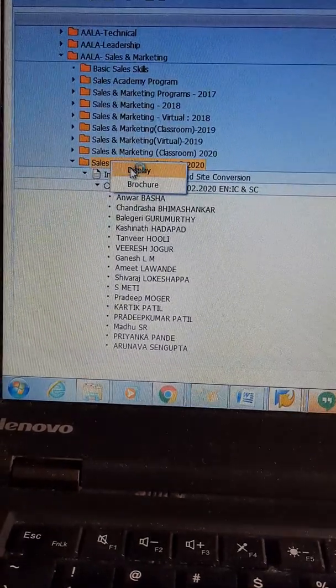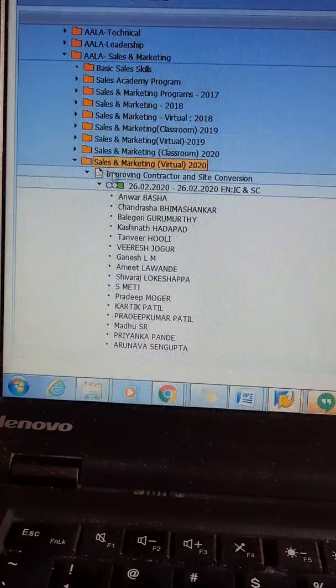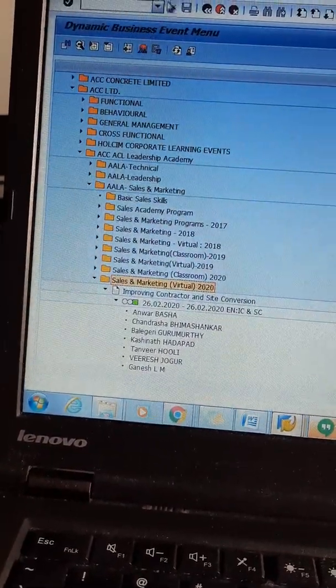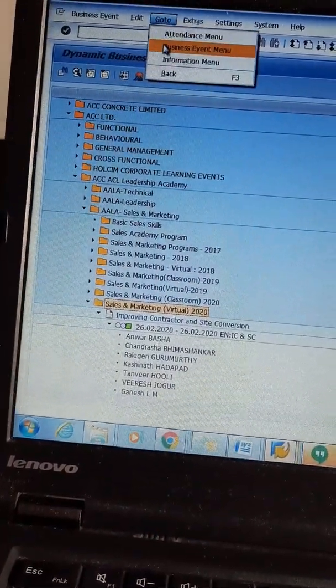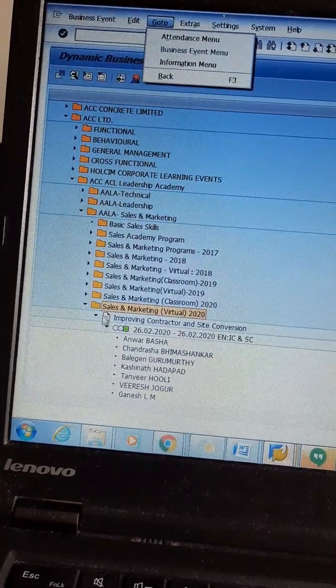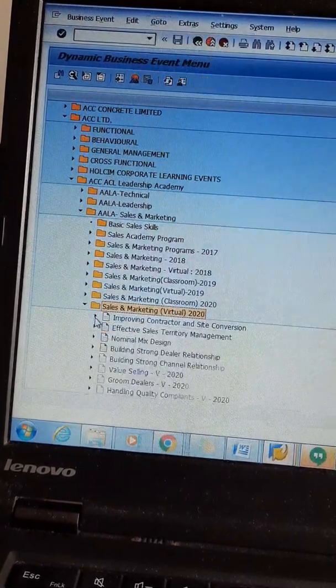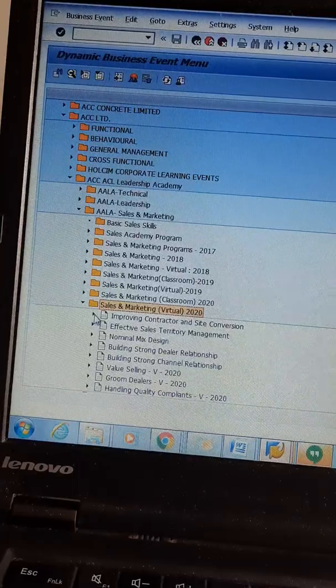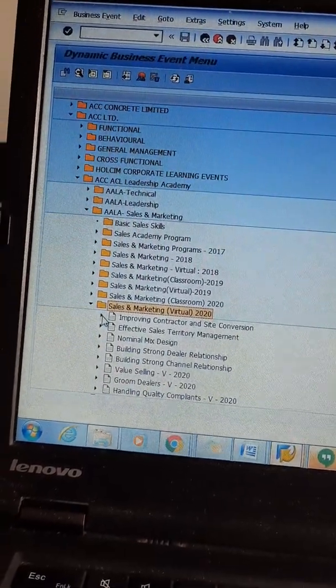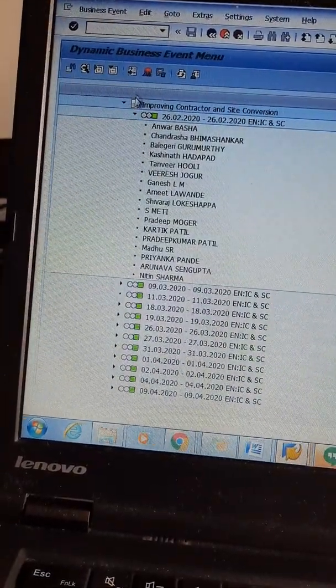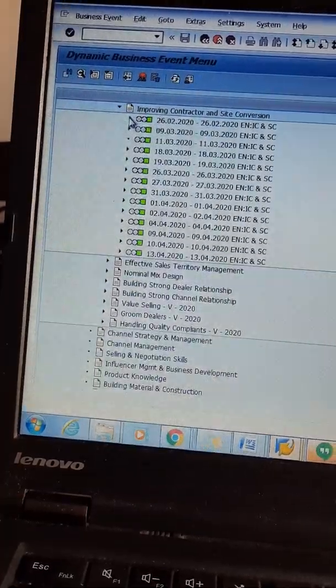When you double click, an important thing is that only when you go to the menu will your business menu be enabled for you to create an event name and event date. Otherwise, it will not get enabled and will not get created. Always to create an event date, you have to enable the business event menu.